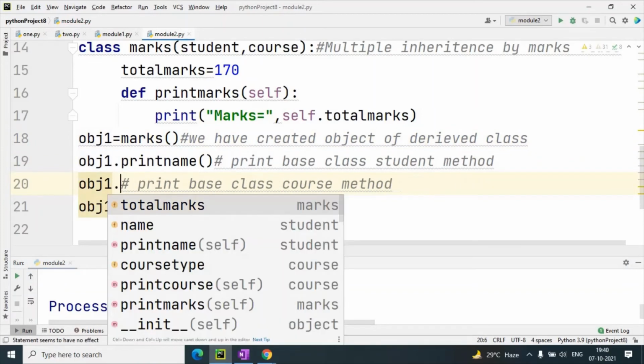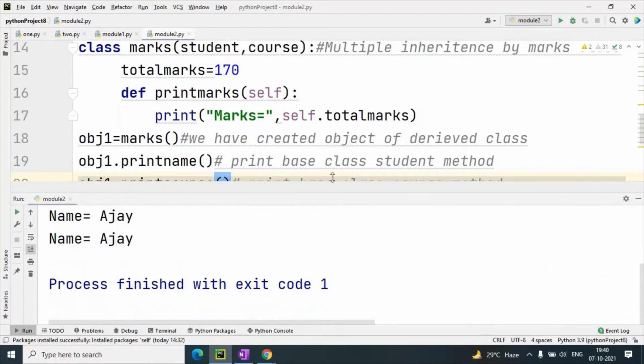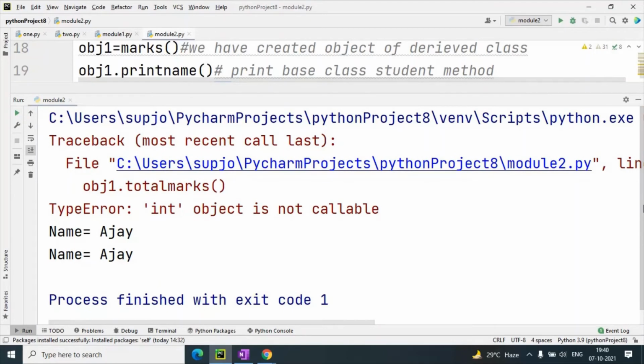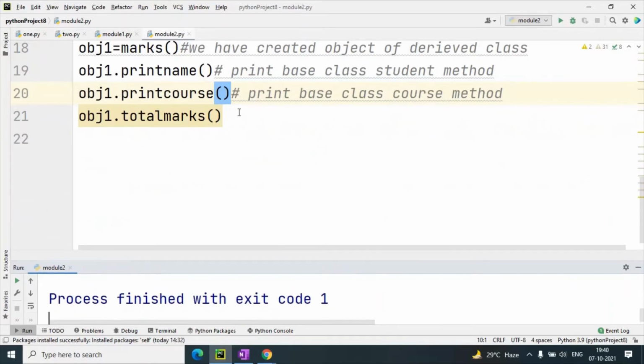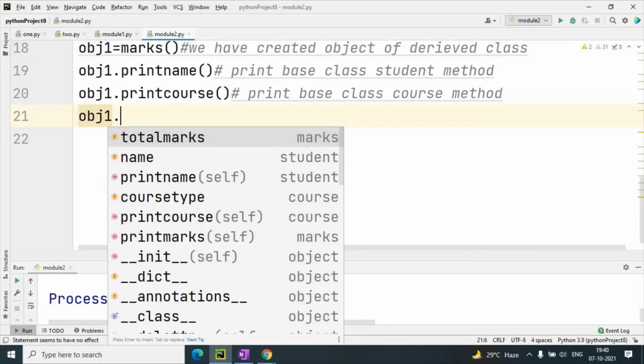The method name is print course. So when I will execute, you can see here total marks is also not a method. Total marks is not a method. Method name is print marks.